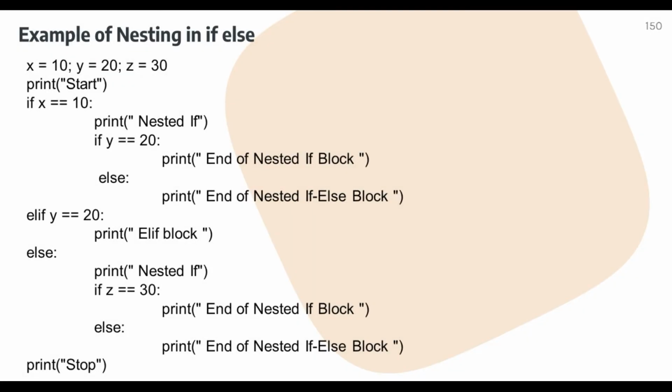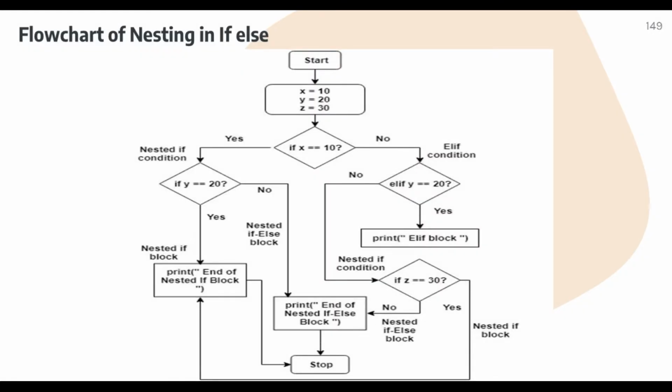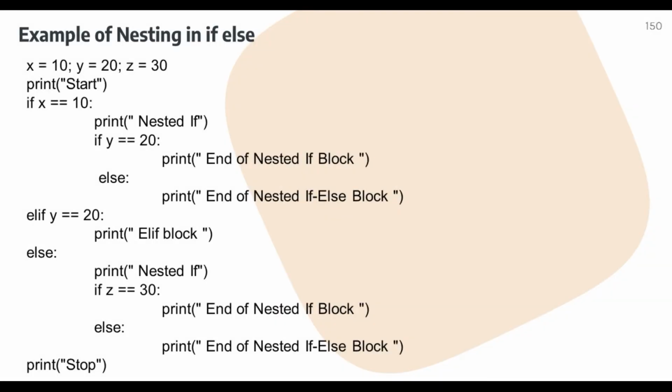Next, one thing we are going to understand through an example also. Here is the same program as given here, a nested table. I am saying nesting of flowchart, as shown here. Here x equals 10, y equals 20, and z equals 30. The program begins from the start, prints to the console, and then after that